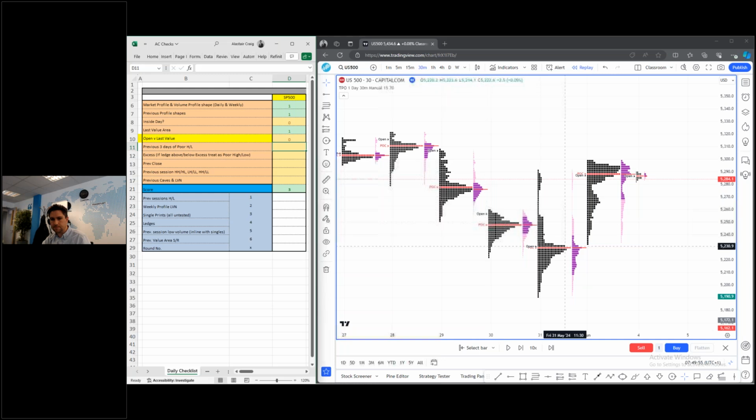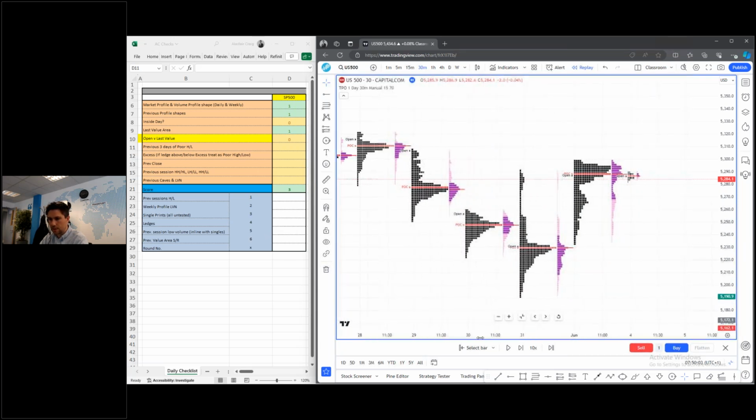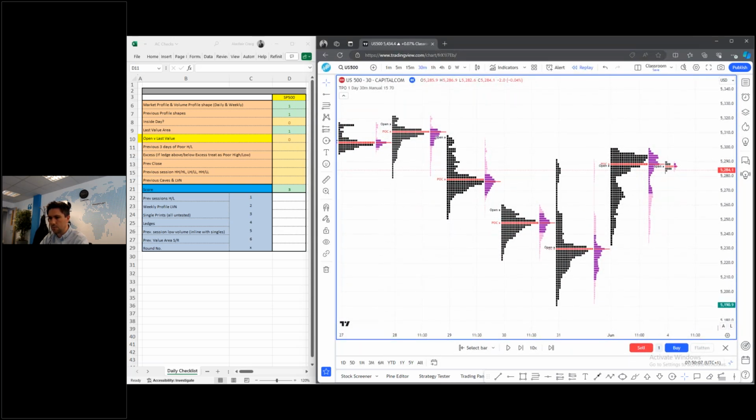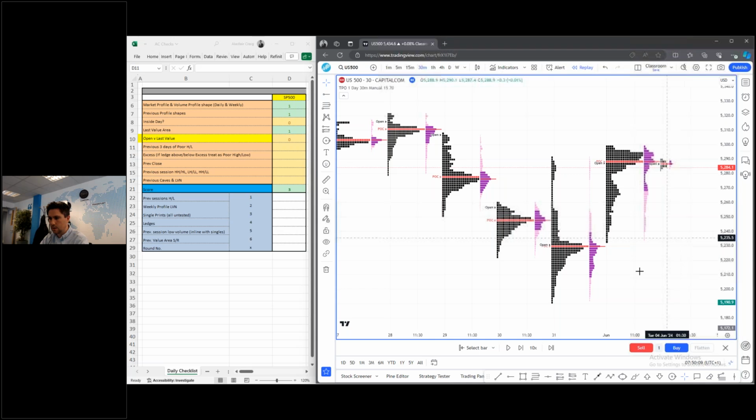Okay, we've then got previous 3 days, poor highs and poor lows. Now I'm looking at multiple days' worth here, not just the day before. I'm trying, again, to build a picture of who's in control. So if I start firstly with just yesterday,